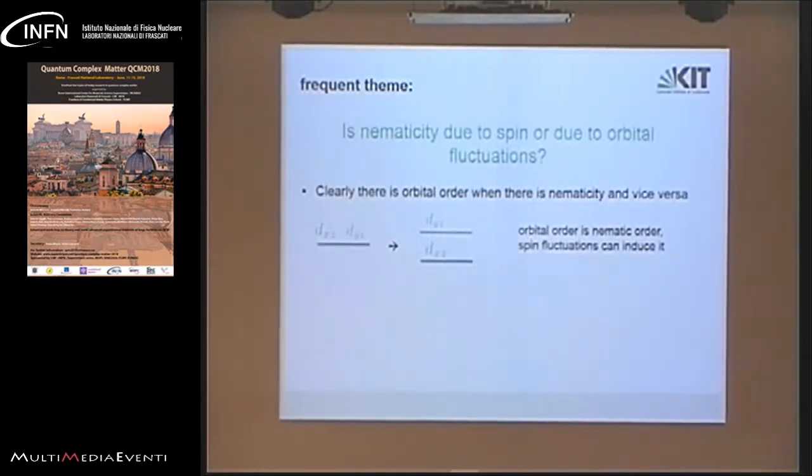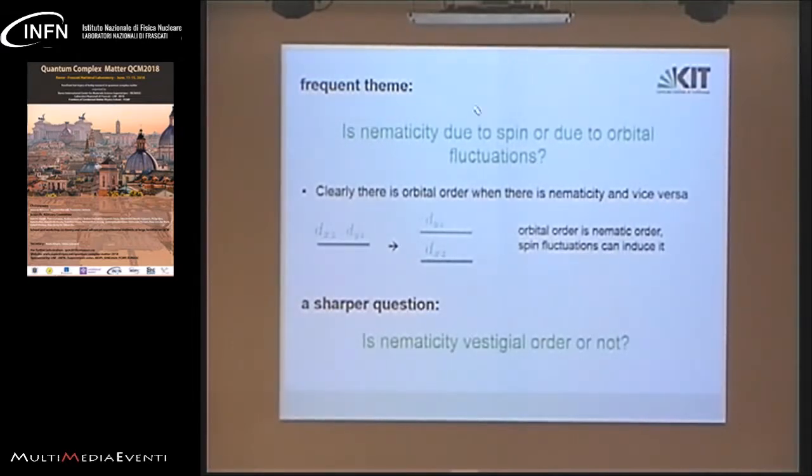meaning if you have a rotational symmetry, you would naturally have certain orbitals arranged in a certain way, that along a certain direction, the YZ orbital then looks differently than the XZ orbital. That is symmetry imposed and natural. And in that sense, orbital order is nothing else but a realization of nematic order, not causing it, it is it. So therefore, if you wanted to sharpen this question, and I want to give you an answer as we